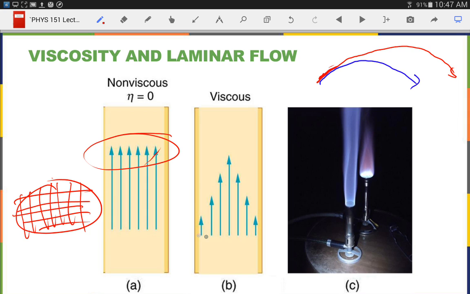And so each of those grids has something like this for the velocities of the water going through the grid. But since they all have that same shape, when you combine them all back together, you have your high speed here, and your high speed here, and your high speed here, and your high speed here. And the viscosity actually makes it so they even out, and it gives you a very uniform speed,